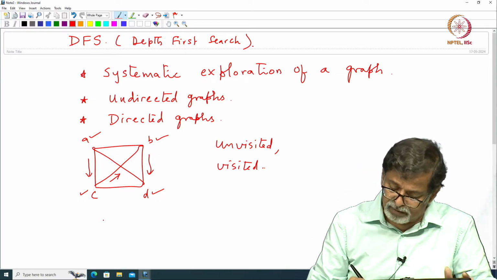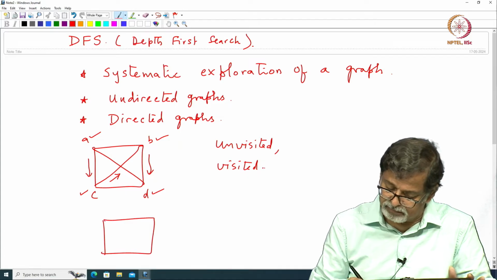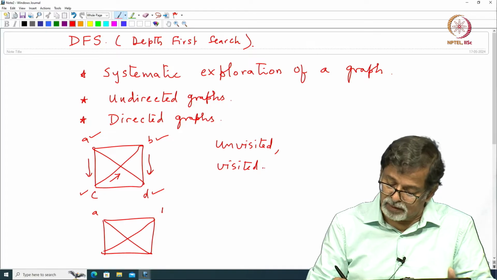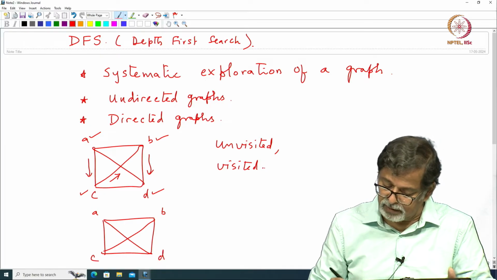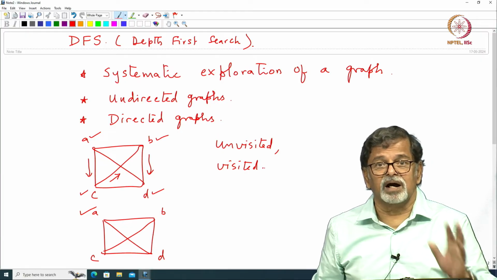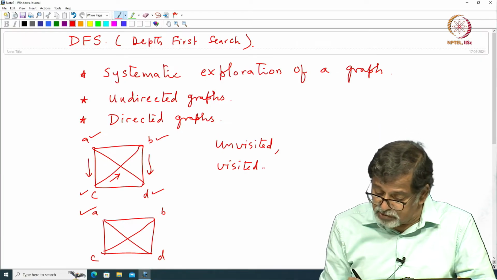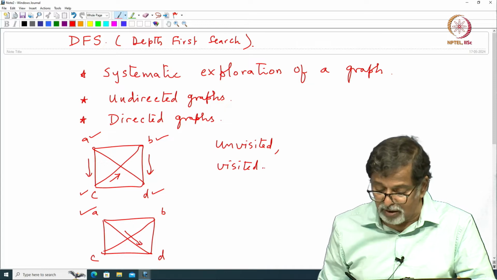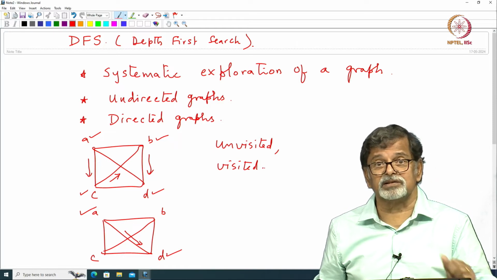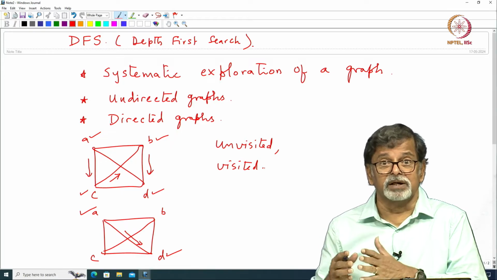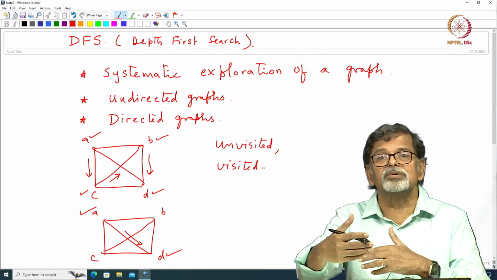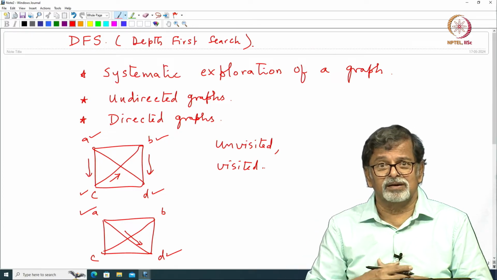For example, for the same picture, A, B, C, D, I start from here. So I visited that. I have 3 options. Let us say I use this edge, suppose I walk along this edge and reach here. Now D is visited. After coming to D, I am going to go to a node that is not yet visited,